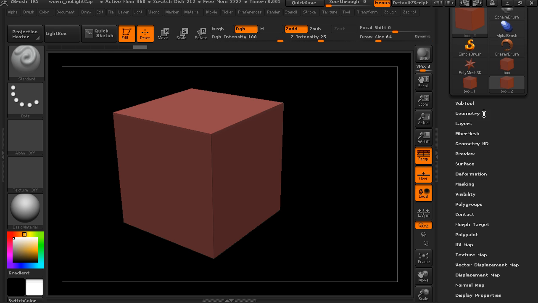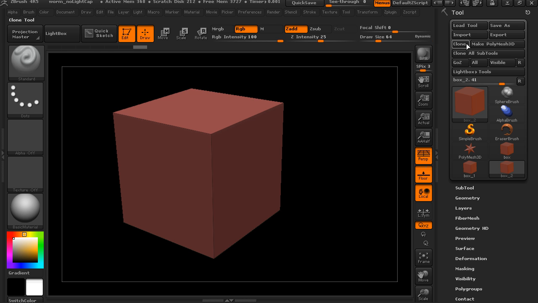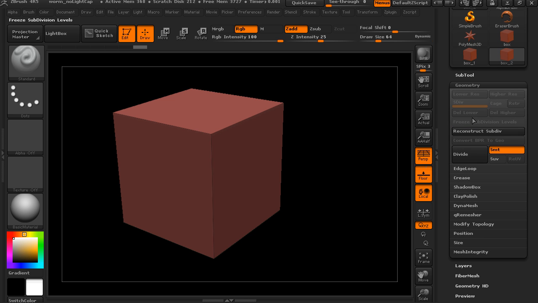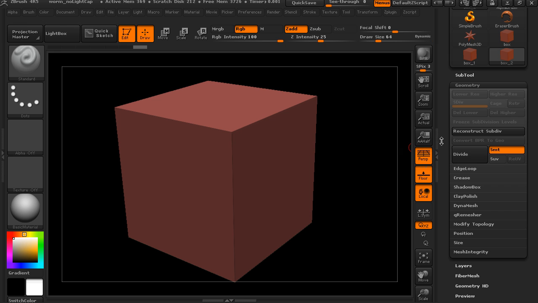So subdividing is going to happen in the geometry subpalette of the tool palette. So we'll open up that geometry subpalette. All this top section is grayed out because we don't have any subdivision levels on this yet. So right now this is the base level, or the base geometry, what you here refer to as the base, or level 0. So if we go ahead and divide, and you can see the hotkey for that is Control-D,